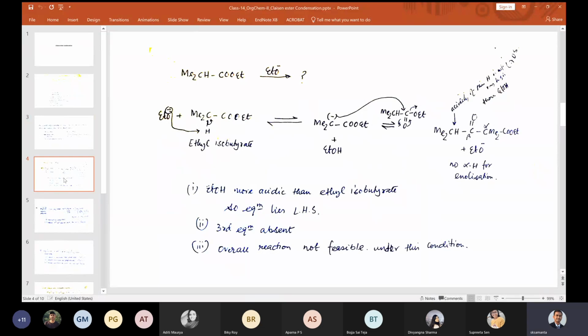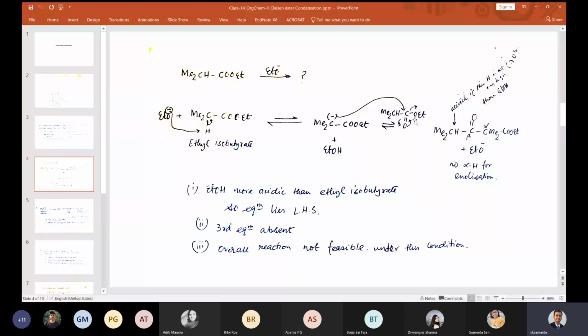Okay. Now what will happen in this situation? Let's see this one. So what we did here, we replaced 2 protons and put 2 methyl groups. Now we have just 1 proton. COO minus is an electron withdrawing group, it has a certain amount of acidity. So initially it could pick up a proton to form a negative charge. This negative charge could attack here to get this product.